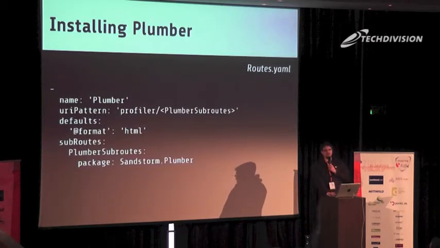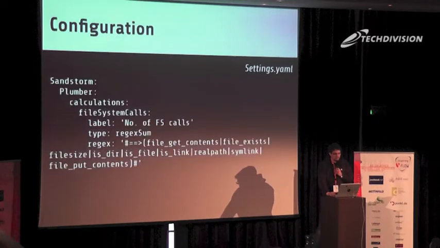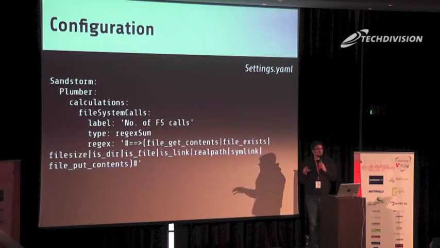You need to include the routes for Plumber, so you can actually access the profiling UI if you want that. But probably you will do. And then there's one cool thing about Plumber, that you can configure custom metrics. In this case, it's the number of file system calls, because we were optimizing caching, backend, and class loader, and